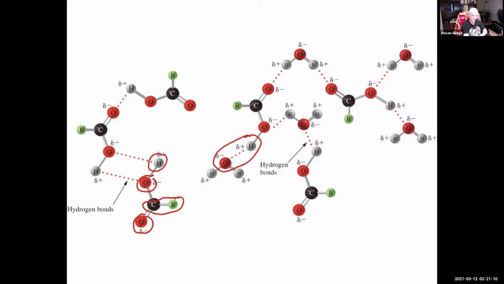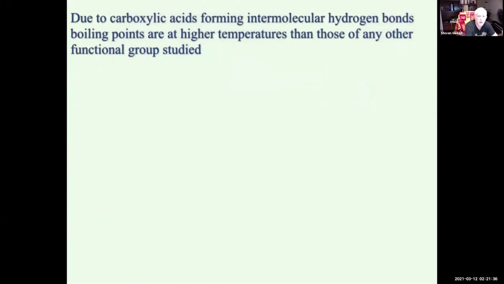And you also get this carbonyl group with a negative charge, which will bond to the positive ones of water and the other end of the other carboxylic acids. Okay, so the important point is you're getting two functions here. You're getting the polarity and you're getting hydrogen bonding, which makes low molecular weight carboxylic acids very soluble in polar compounds. Okay, so due to the carboxylic acid forming an intermolecular hydrogen bond, boiling points are higher